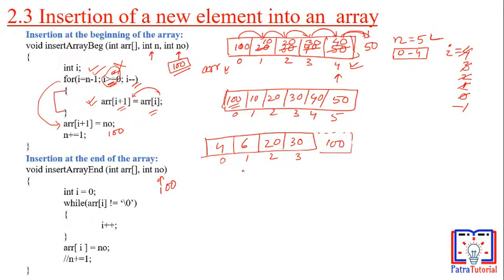Okay, here I am asking you to insert the element 100. So what to do? Just go to the last index. Okay, if you don't know the size of the array, then insert the 100 in the next position. Okay, so look here. Initially I am declaring one variable I equal to 0. Okay, so I equal to 0 here, then while ARR of I is not equal to